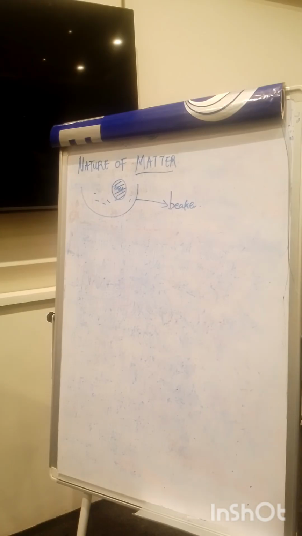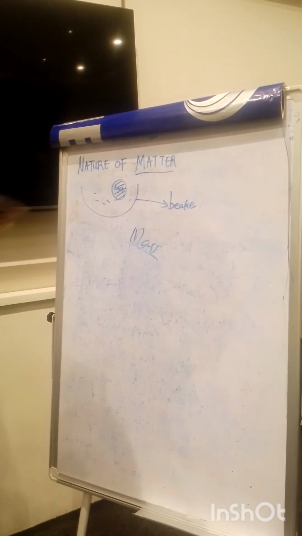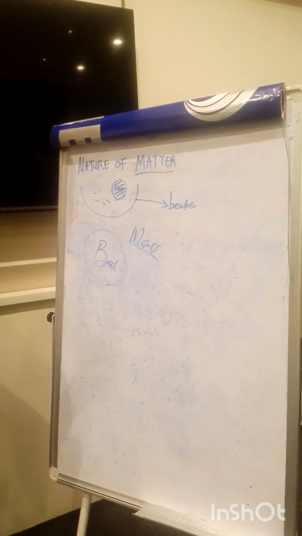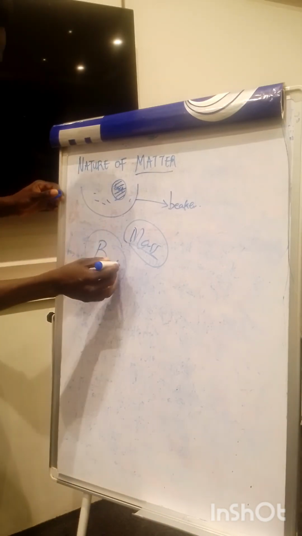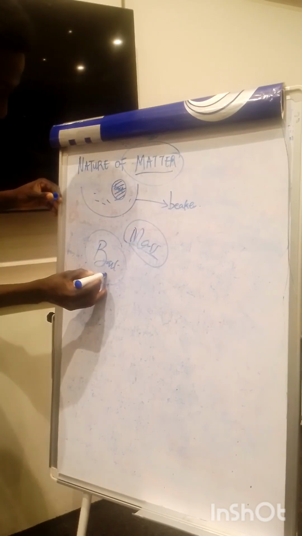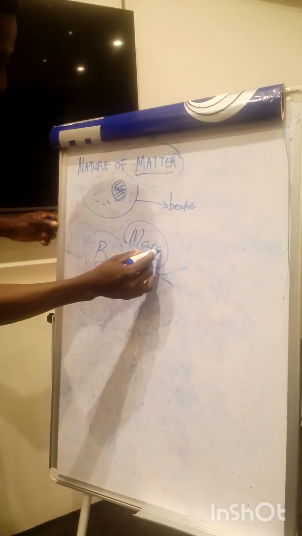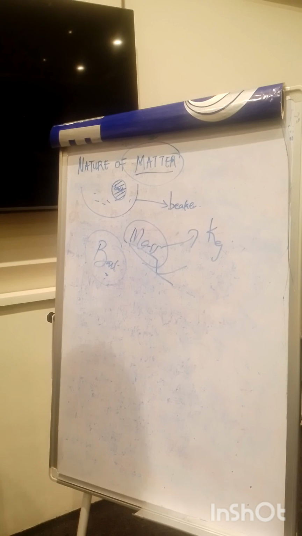Now, the mass of an object is the quantity of matter contained in a body. He said matter is anything that has mass, right? Now, look at this ball here. Let's draw it out again. A ball. The ball here has a mass. What is this mass we are talking about? We're talking about the quantity of matter inside this ball; that is what is called the mass. Now, the mass here is measured in what? Kilogram. We explained this in physics in the previous video.